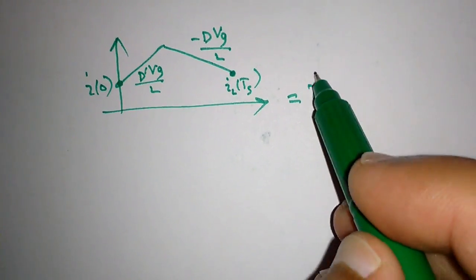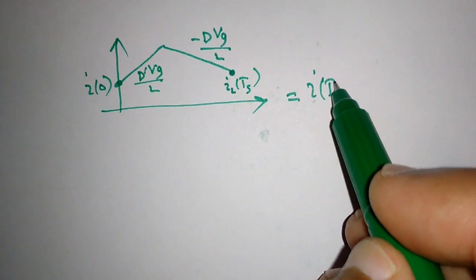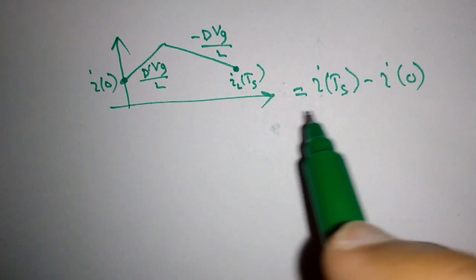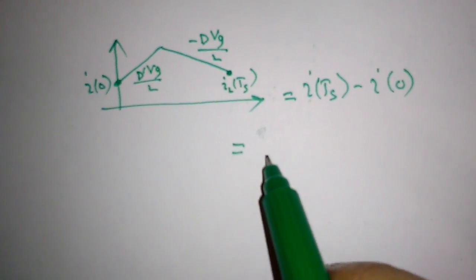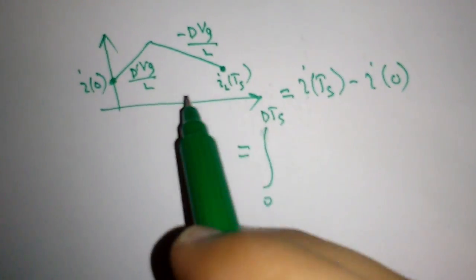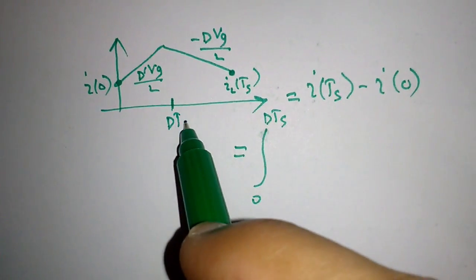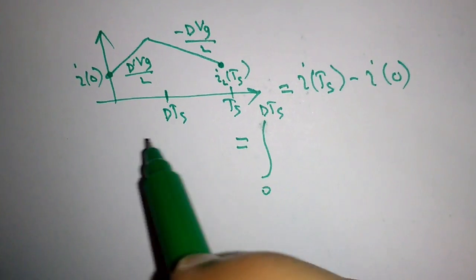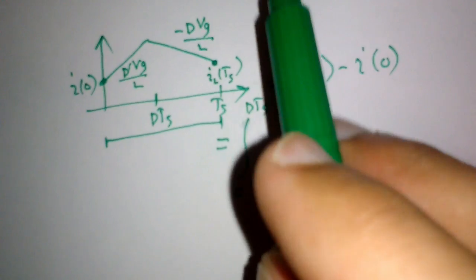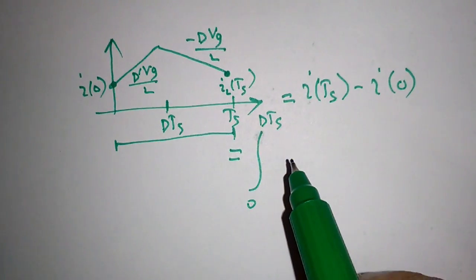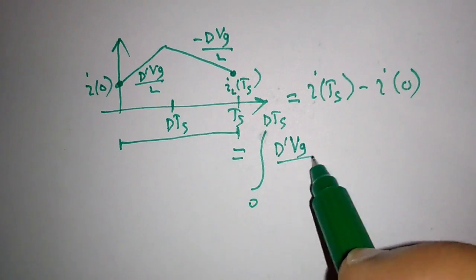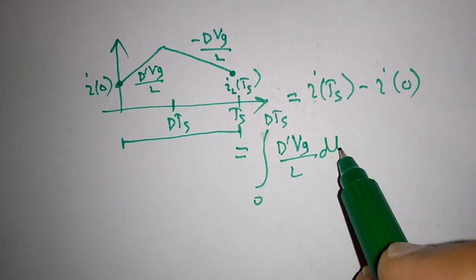So if we want to find the change, that is I at Ts minus I at the initial point, that comes out to be the integral from 0 to dTs, because this point is dTs and this point is Ts, the total time period, of d prime Vg over L dt,